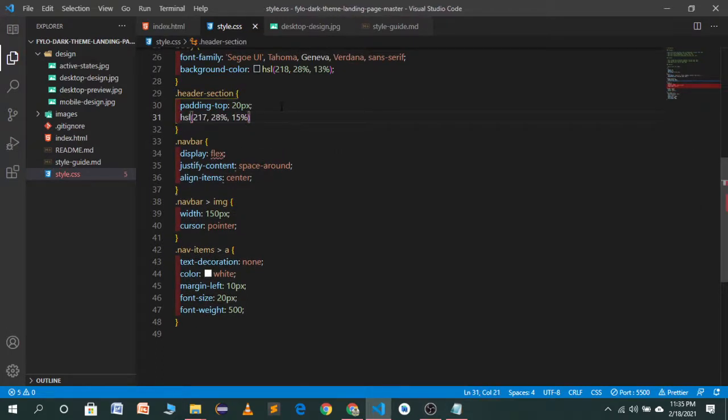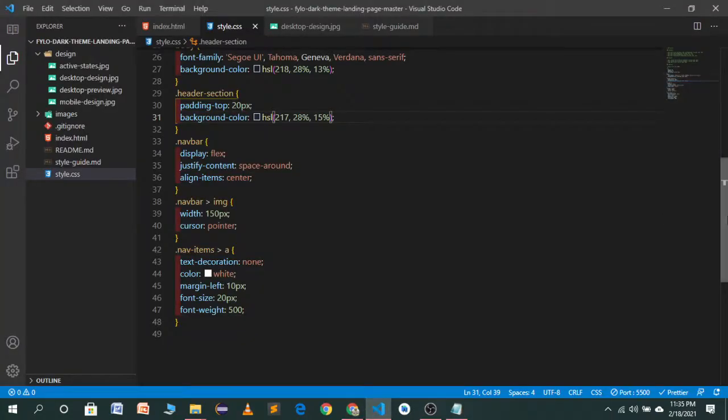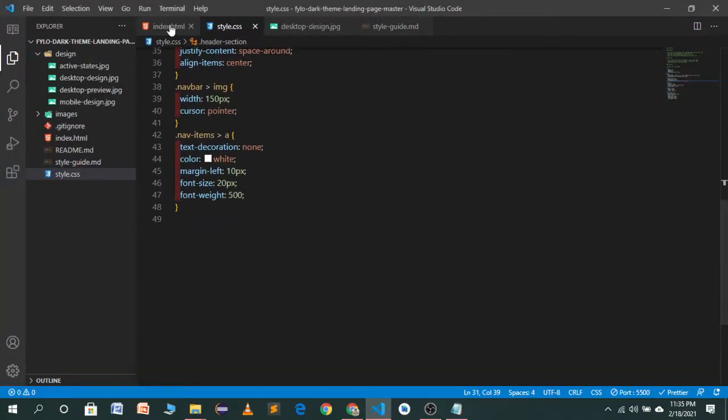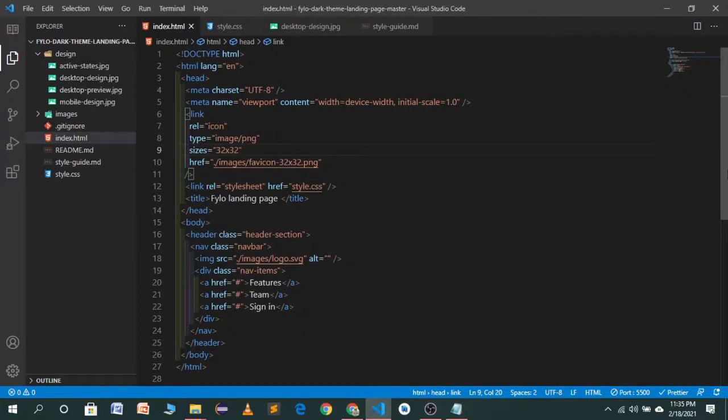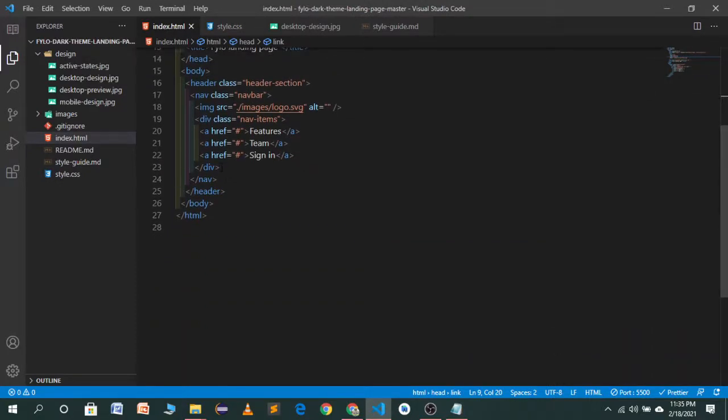First of all you have to give the property background color. Now you will see this is the different color behind. So let's move to the next part of our build.